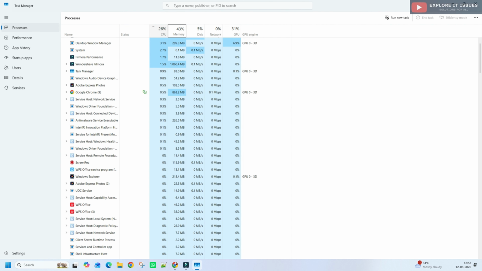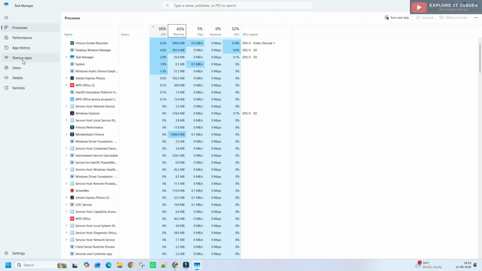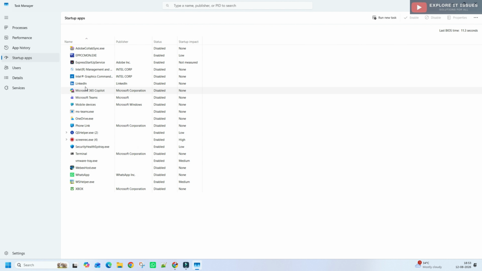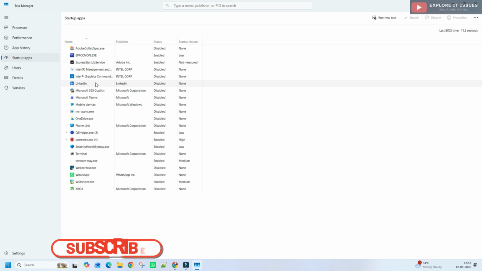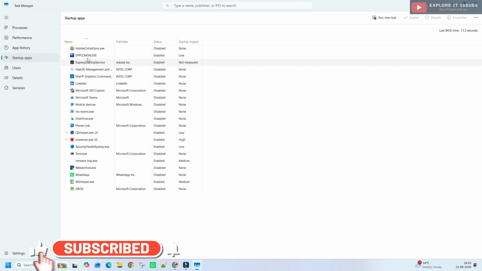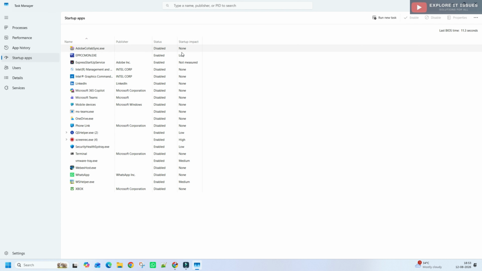Just like here is eppccmon.exe. I don't know what kind of application it is, but its startup impact is low, so there is no issue. Suppose you see this skin.exe, and its startup impact is high, so you need to disable this type of application from running in the background when your system starts. Disabling a startup application does not uninstall it.